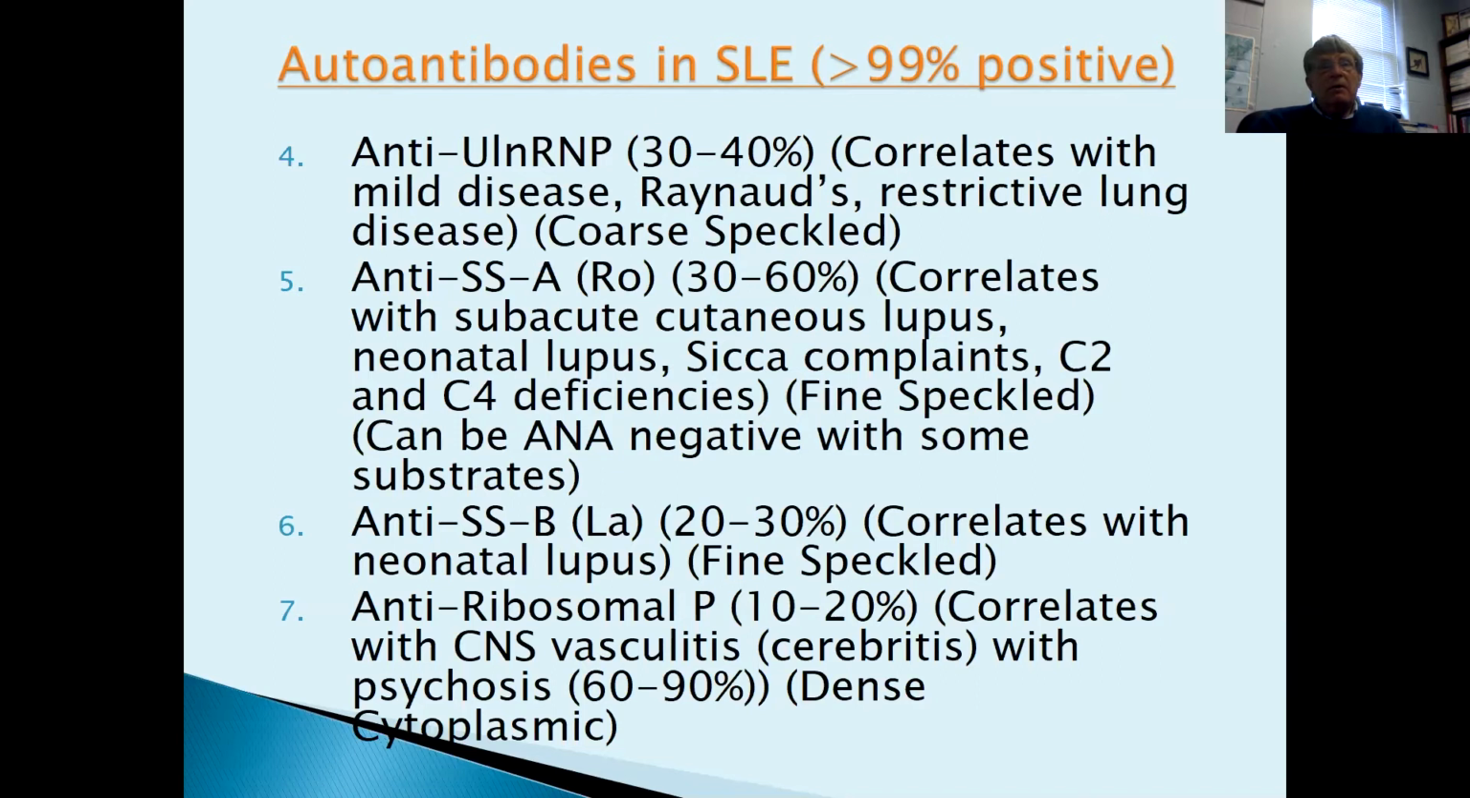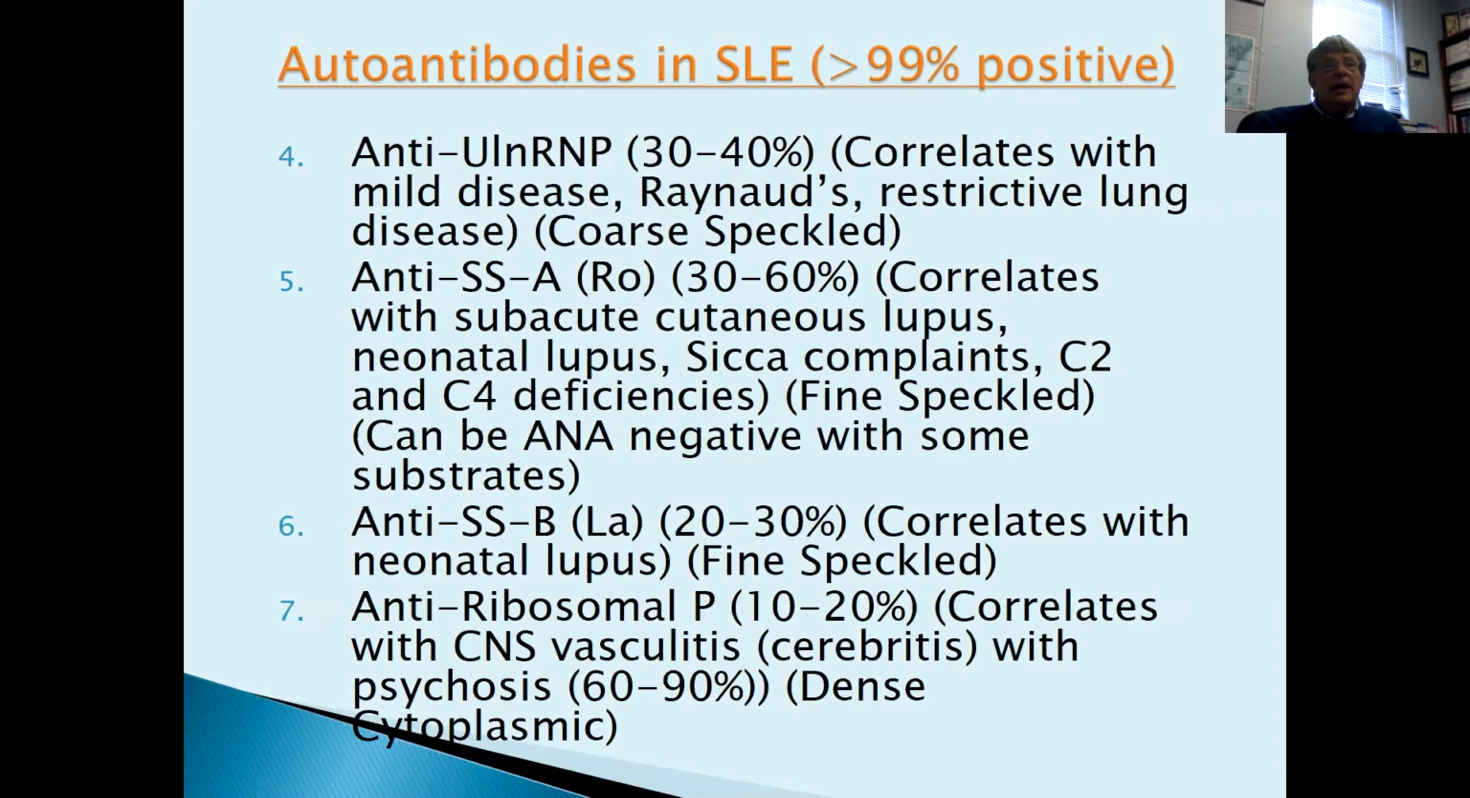So anybody with antibodies to Sm or RNP at onset needs baseline echocardiograms and pulmonary function tests, and these need to be monitored yearly or every 2 years, depending on the involvement. Other specific antibodies for lupus